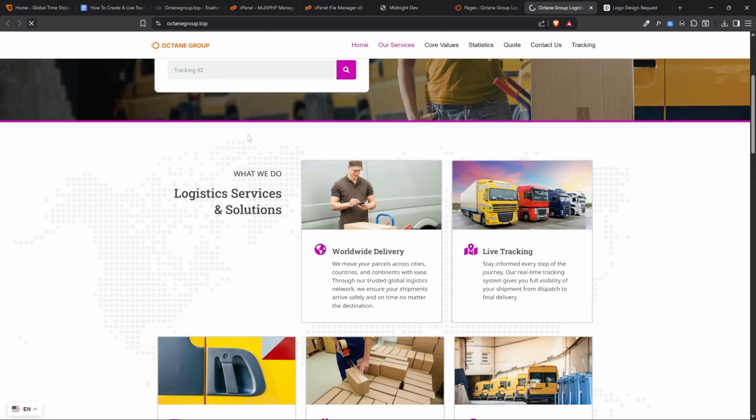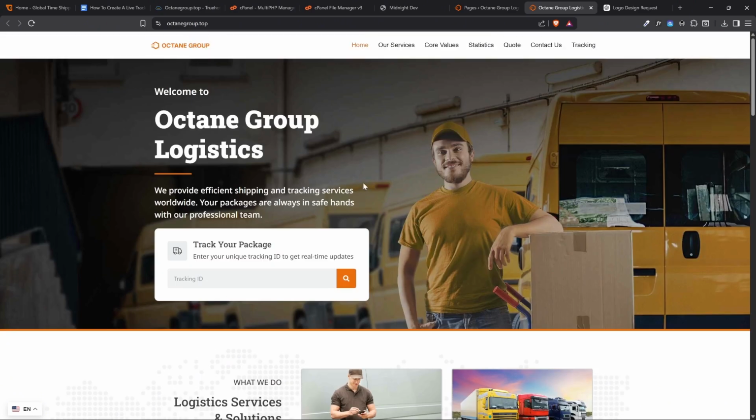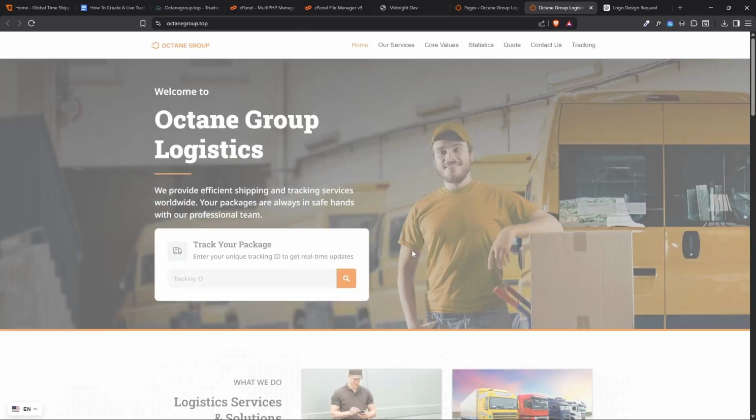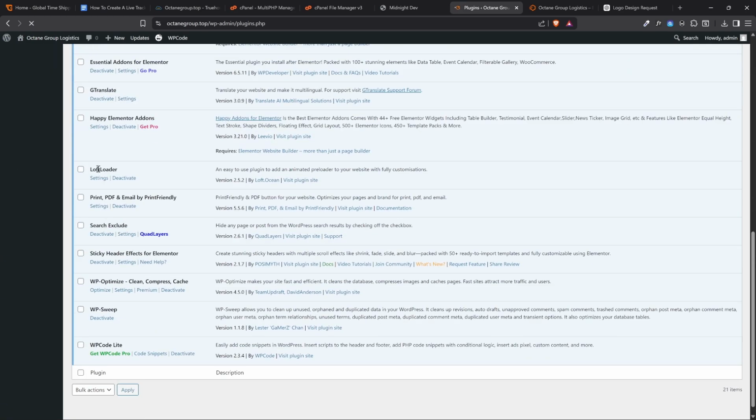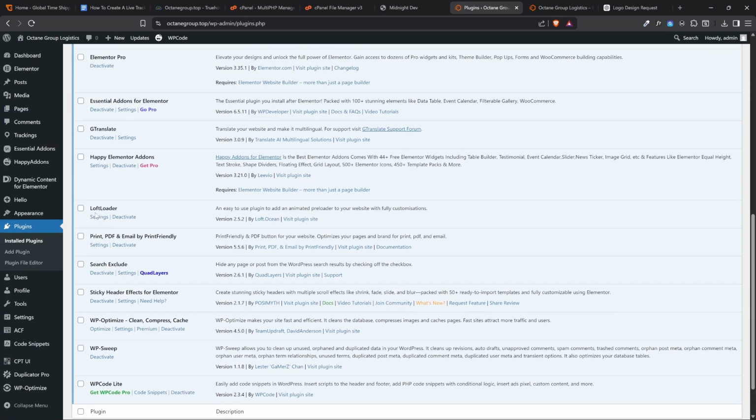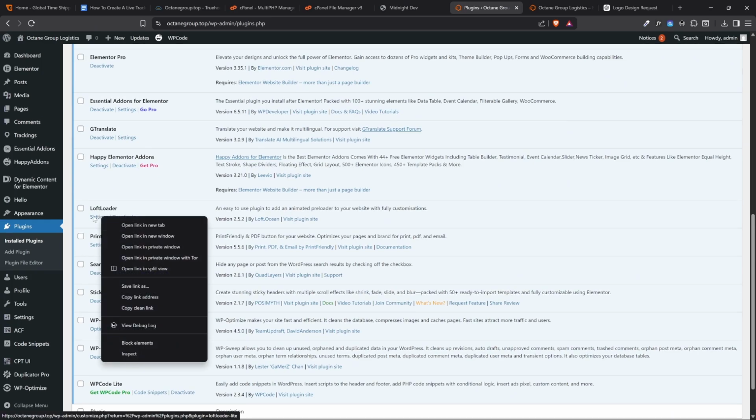All right, so if I come here and I reload, the color has changed. Now another thing you might ask: if I reload this website, you see this loading stuff. If you want to turn that off, if you want to disable it, all you have to do is just come to plugins, click on installed plugins. If you scroll down, there's this loader plugin. You can either open the settings. So if I right click this and open it in a new tab,